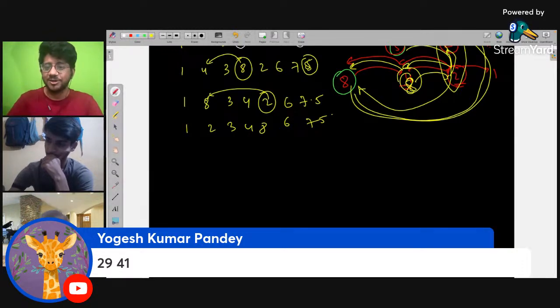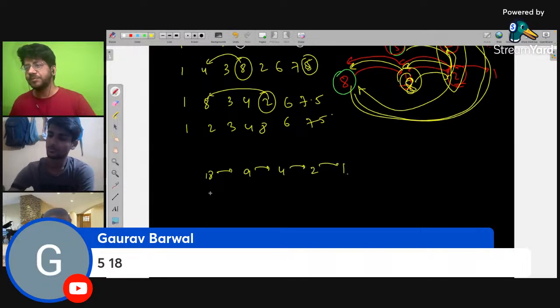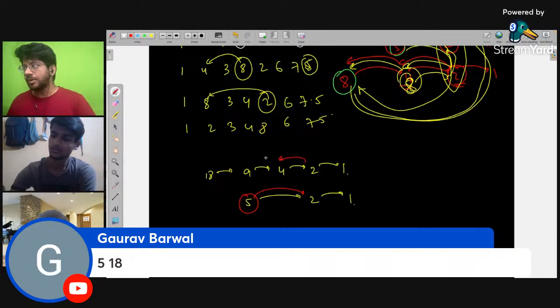So the first thing that we took was 29 and 41. That is a very big number. I will not take this one. I will take a little lesser, so I will take 5 and 18 just for the instance. Okay, 18. The chart is 9. Divide by 2, 4. Divide by 2, 1. Right? For 5 we went to 2 and then 1. So we will have 1 swap, 2 swap, 3 swap, 4 swap. The common thing is this. Okay, so within 4 swaps we can get 5 to 18.